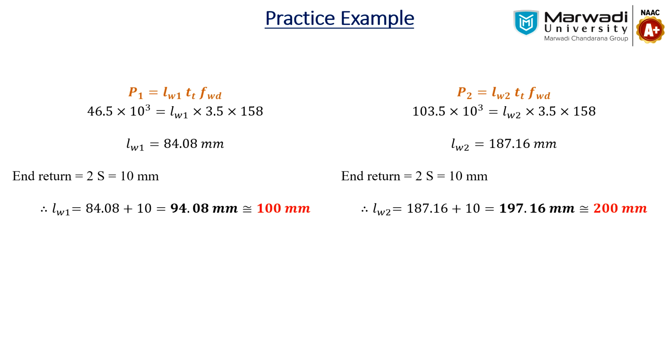Last but not least, here we have designed the size of weld and the length of the weld, and we have to design the throat thickness. So here our design is completed. You can refer to the standard reference book and try to solve some more examples to see what changes with the varieties of connection. Before ending this,